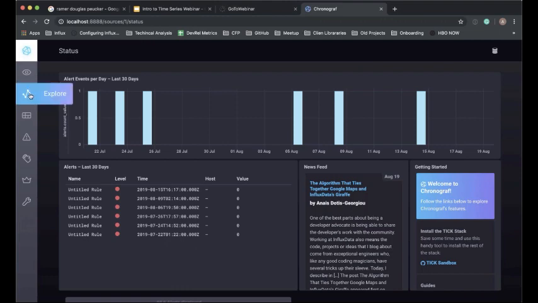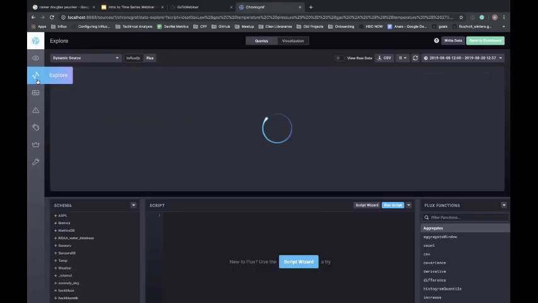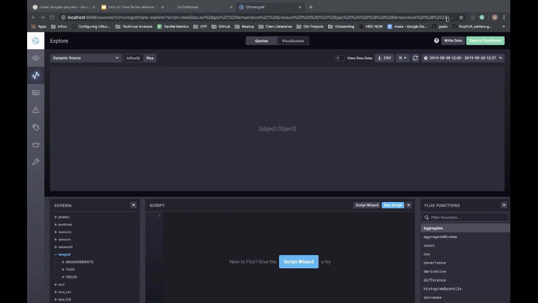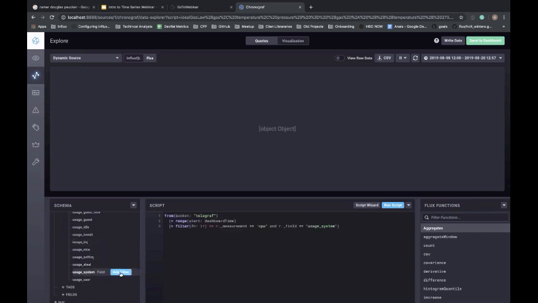So now we're looking at Chronograf, this is its homepage. I can just go in here, and I've ingested some weird stuff into my Telegraf, but you can just ignore that. I can just go through and click what I want to look at, and all of a sudden a Flux script has been created for me, and I can click Run Script,